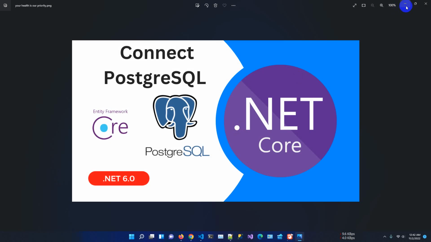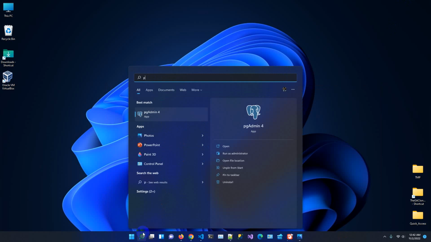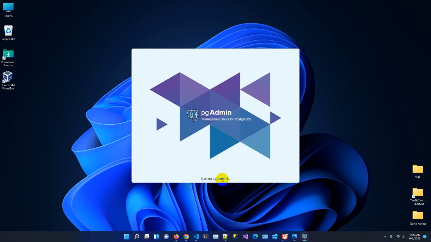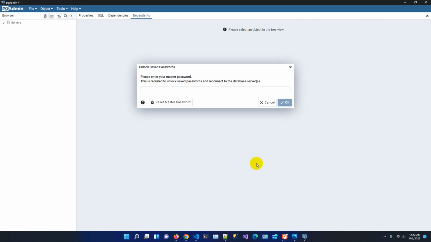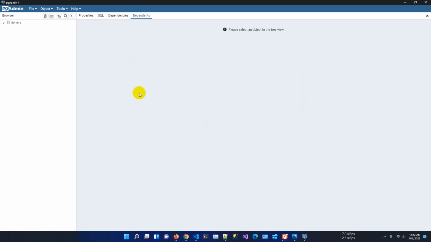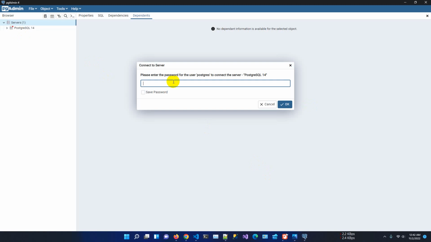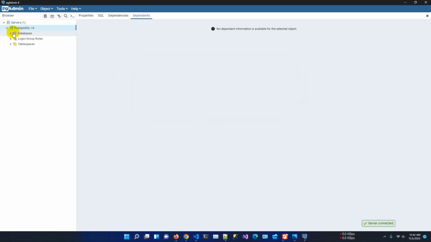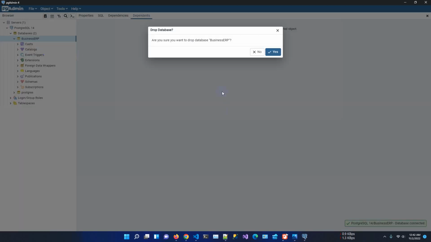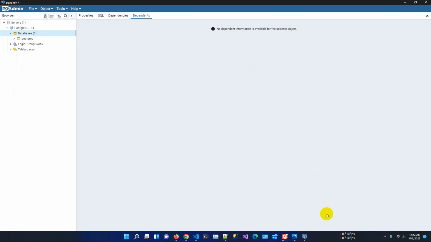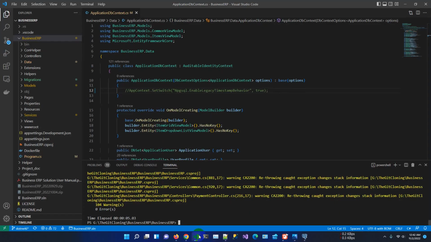Close and open pgAdmin again. Success. So if we run the project again,